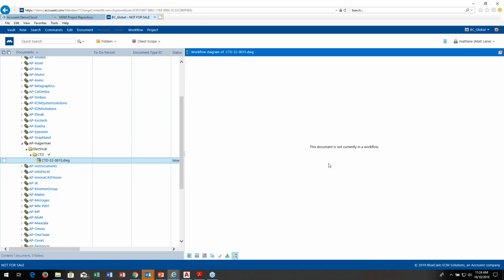So now workflow is complete on that drawing within the context of a project. Now, I did one drawing within the context of a project. Again, you may have hundreds or thousands of drawings that all need to be reviewed and approved within the context of that project, either at the design stage or the as-built stage. Then, when the construction is complete or the new equipment is in place, but not until then, do you want your operations and maintenance staffs